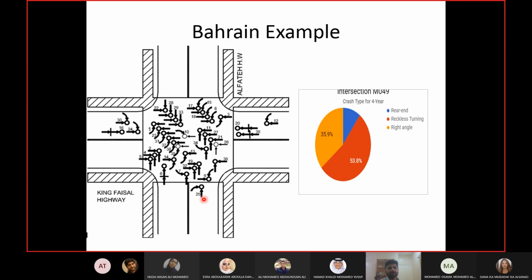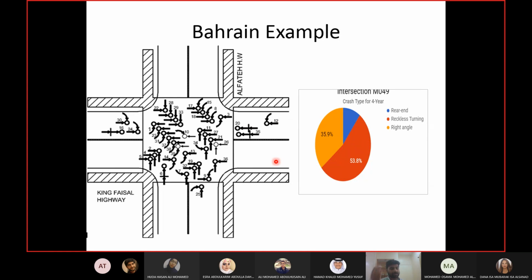So this mainly happens when the driver is trying to change his lane. Now, why may the driver be trying to change the lane? Maybe he feels he's in the wrong lane and he needs to change the lane near the intersection, near the signal. He realizes he's in the wrong lane and is trying to change lane. So these types of accidents, which you can see on at least 3 sides here, are happening because of that.